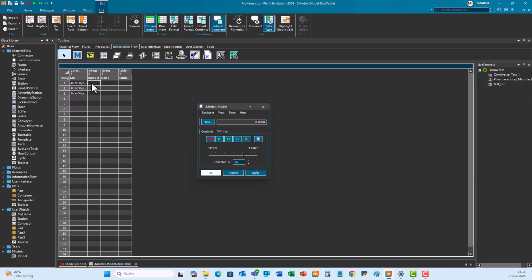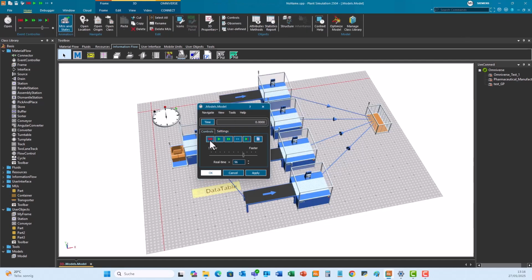For the batch size, I can insert my numbers, for example, 2, 3, and 4, and I can create individual product names like A, B, and C. So now with this production table,